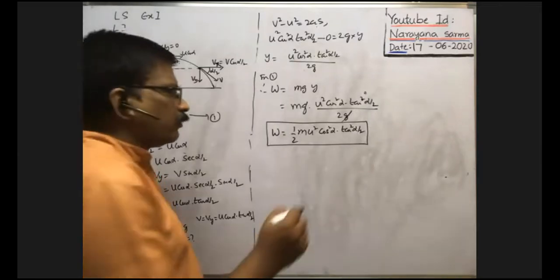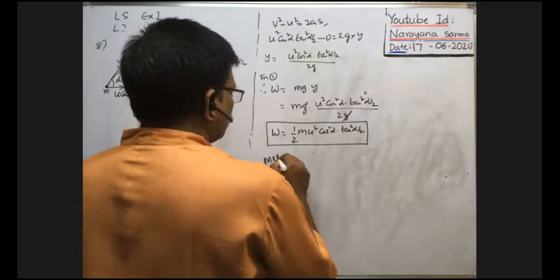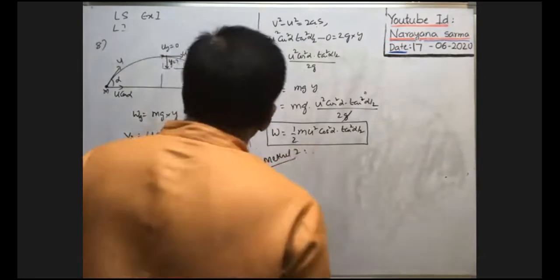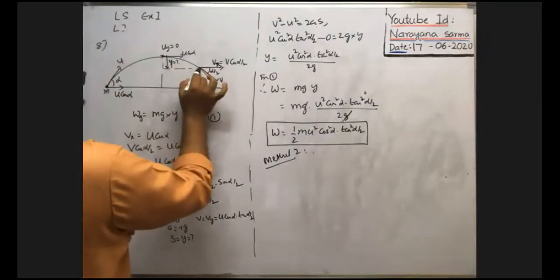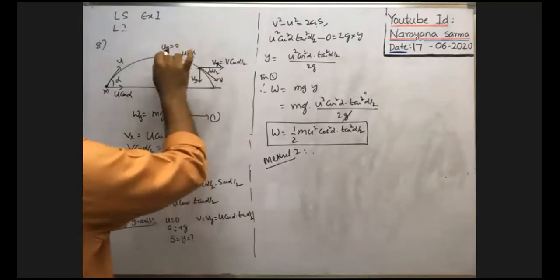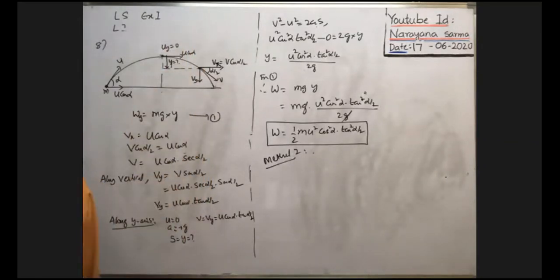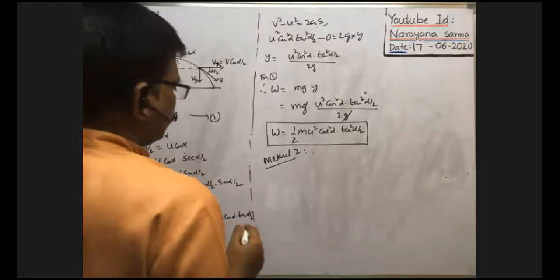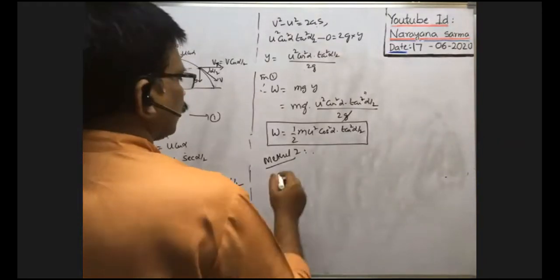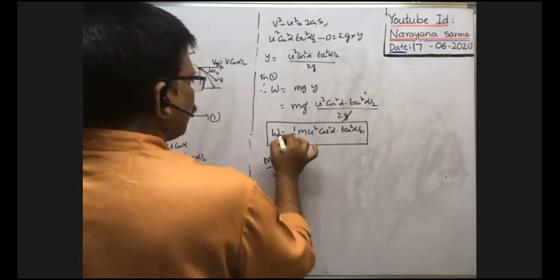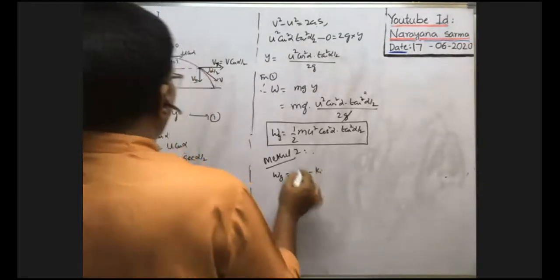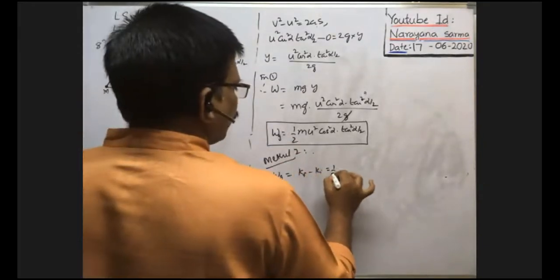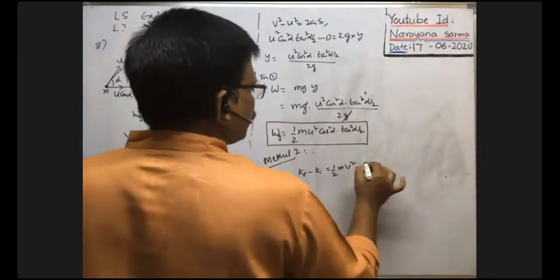Yeah, I will explain with work energy theorem also. Second method, method 2. By work energy theorem also we can calculate. Here, whenever the body comes from this position to this position, only gravity alone acts on the body along vertically downwards direction. No other forces are there. Okay, so work done by gravity is equal to change in kinetic energy, means final kinetic energy minus initial kinetic energy. Of course, at the highest point, initial kinetic energy is 0. Final kinetic energy means half mv square minus initial kinetic energy half mv square.